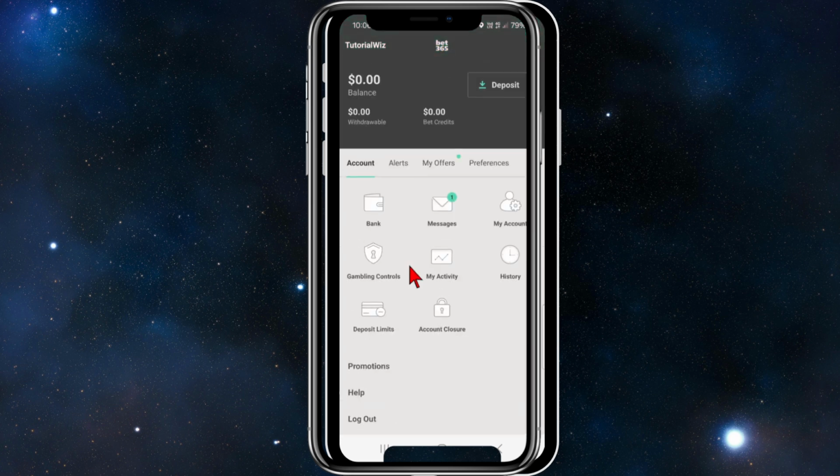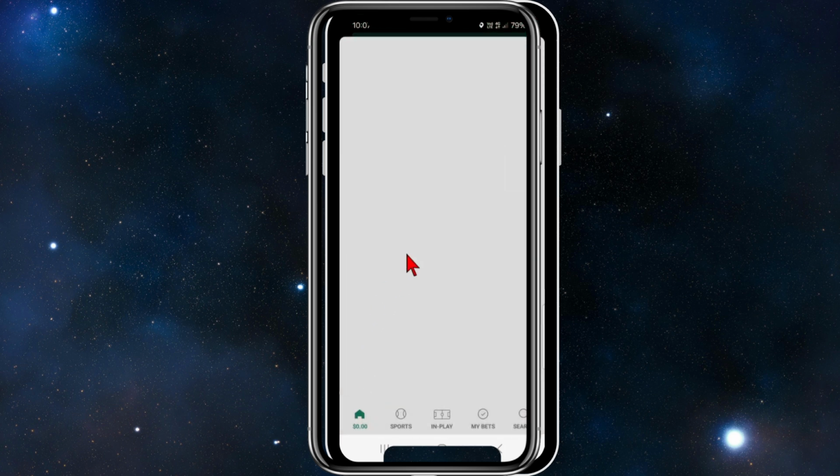So if we go back inside your account here, Bet365 makes it super tough or really hard to cancel or deactivate your account because they want to keep you as a customer. They should really have an option here to cancel or delete. So the only way you can do it is to go to Help down below,